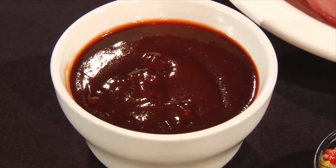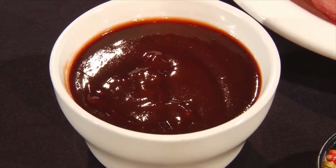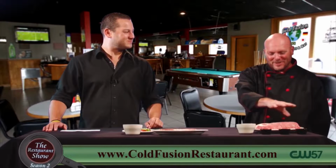When we get it, we keep it at a warm temperature so you don't have to microwave and stuff like that. We want to keep it warm for you. So then we put it back on the grill. Caramelize the top side with the barbecue sauce, which is just the base that we add some things to, of my own recipe. Flip it over, caramelize again, and flip it one more time, caramelize the top again, put it